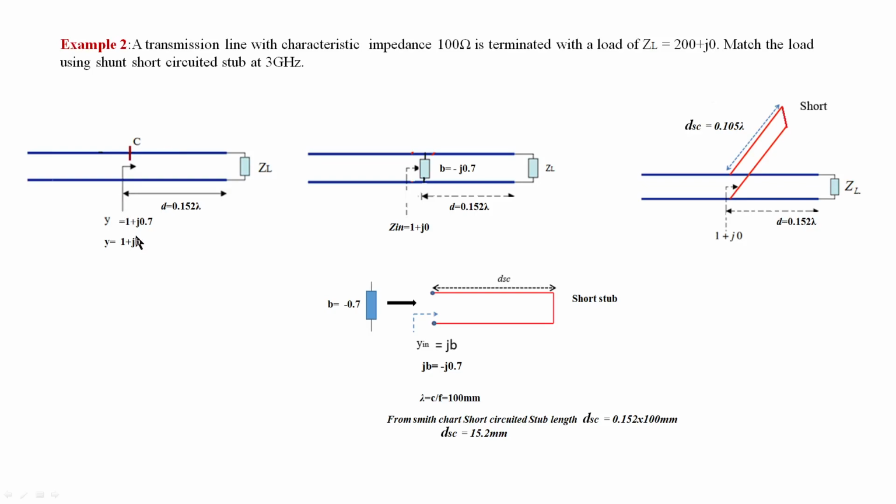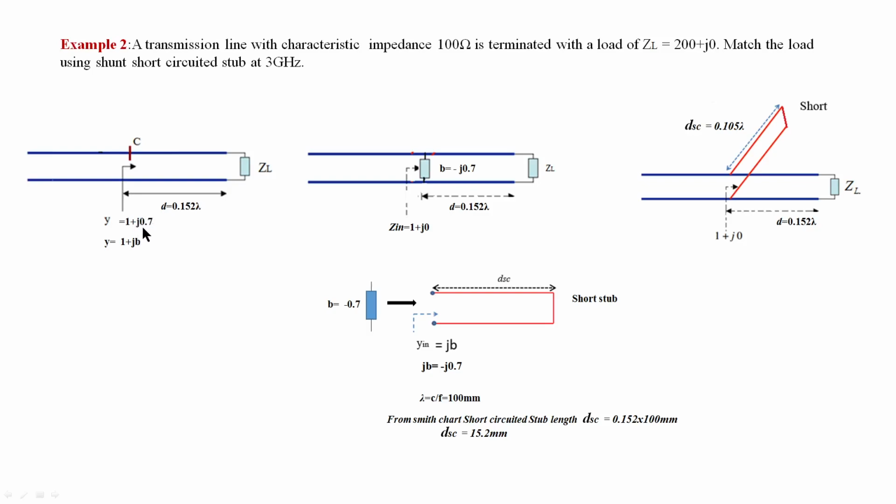The admittance conductance value should be 1. As we move like this, the admittance value keeps changing: its real part, the conductance G, and the susceptance part change. Keep moving like this. Whenever you find a position at which the conductance value is 1, you stop, and at that position you note down the susceptance value too. You also have to note down the distance from the load at which this position is.